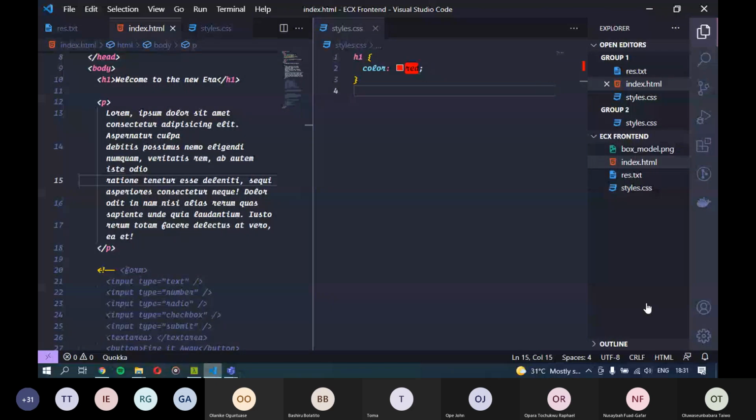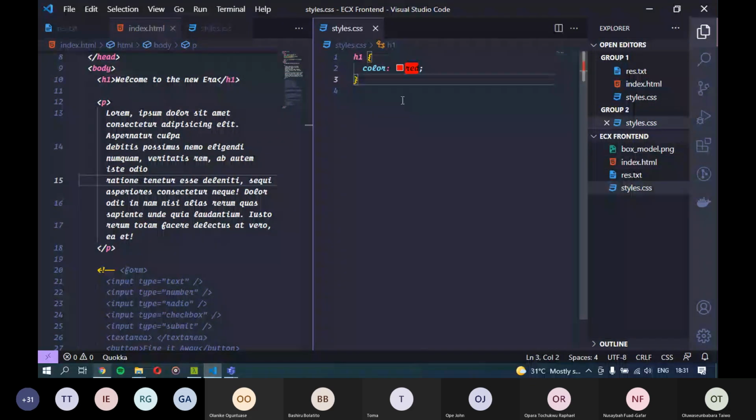Yeah, so the main purpose for using external style sheets is to make your styles reusable. So I can use one styling on different web pages, basically, so that you don't have to write as much code. Because if you're writing internal style sheets, you would have to write it twice. For external, you can write it once and use it in two places, basically.